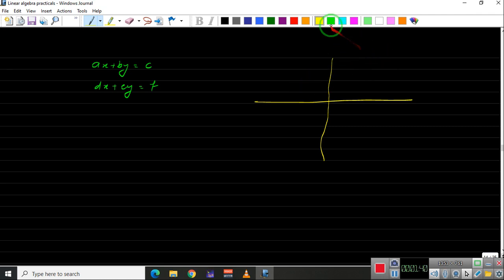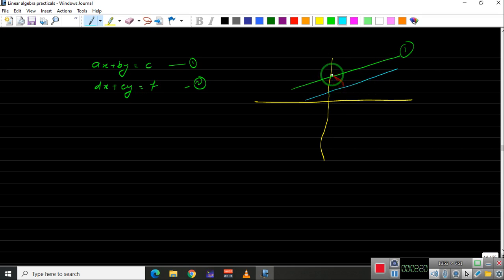We use another color. Suppose we have this straight line, one line. Let's say for example equations 1 and 2, we have this for 1, the equation of a straight line. This line represents this equation, and another equation, again a straight line. There are different cases now. It may happen that this line coincides with this line. In that case we have infinitely many solutions. It may happen that this line is parallel to this line.